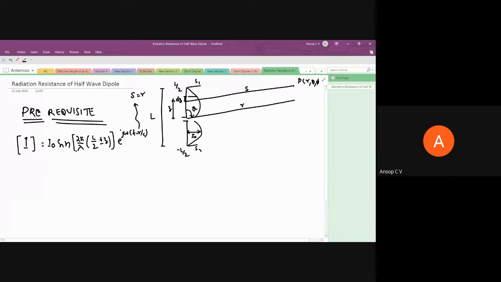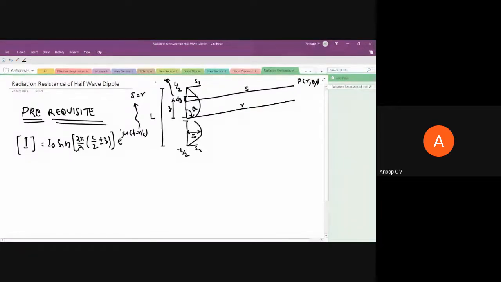This is how we deal with a practical thin linear antenna. We can break it down into many small end-loaded short electric dipoles, over which the current will be constant. So the field due to this differential short electric dipole